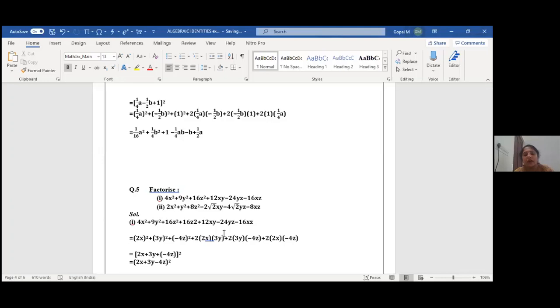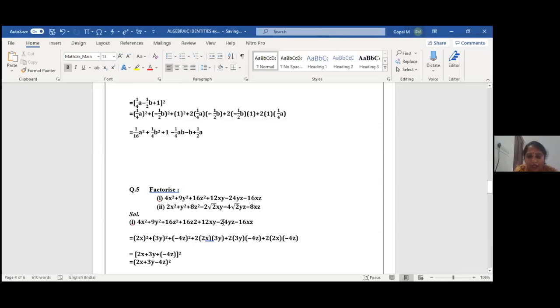So which term, either A or B or C, is negative, I am explaining here. Because if all are positive, there's no problem. Directly I'll write A square plus B square plus C square plus 2AB plus 2BC plus 2CA. But here some two terms are negative. So now I need to find out which variable, either A or B or C, is negative here. That we need to find out.